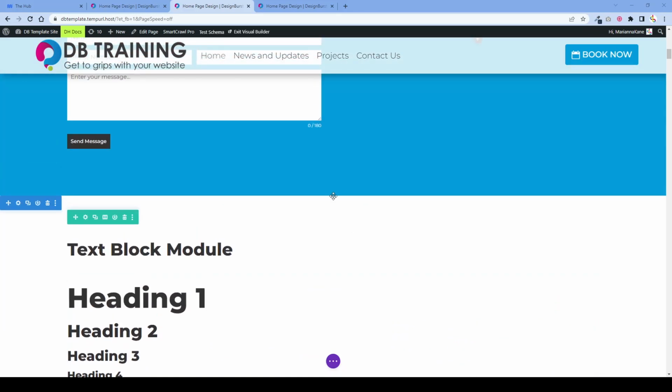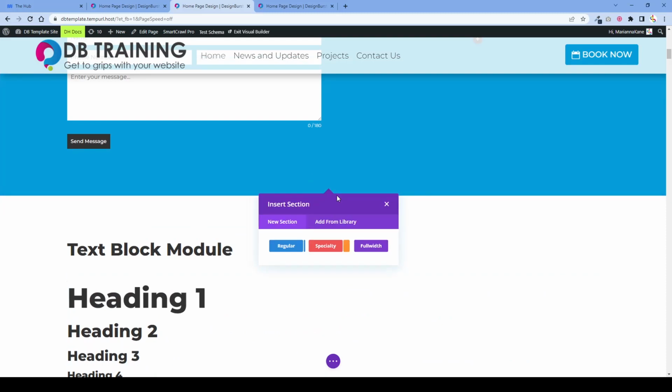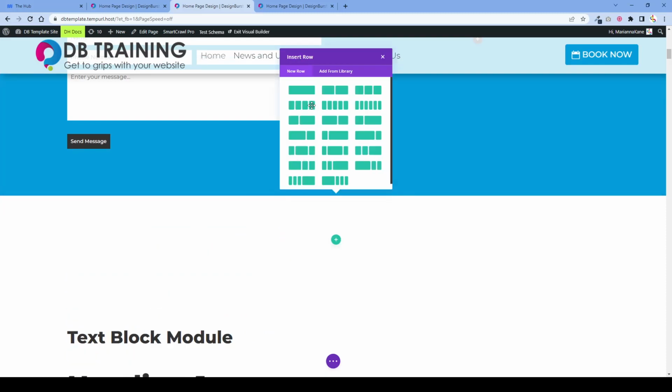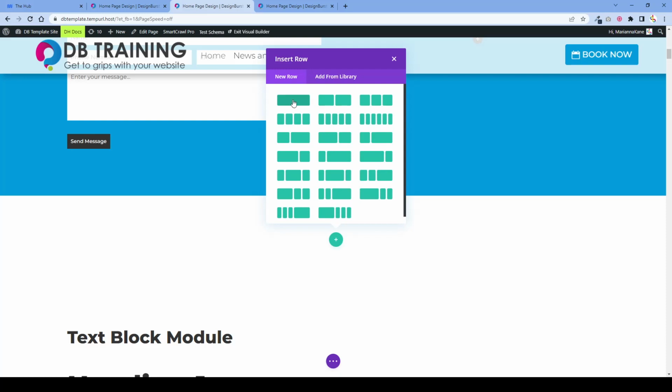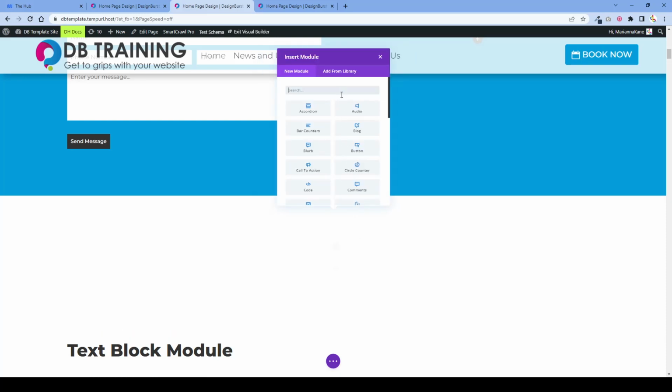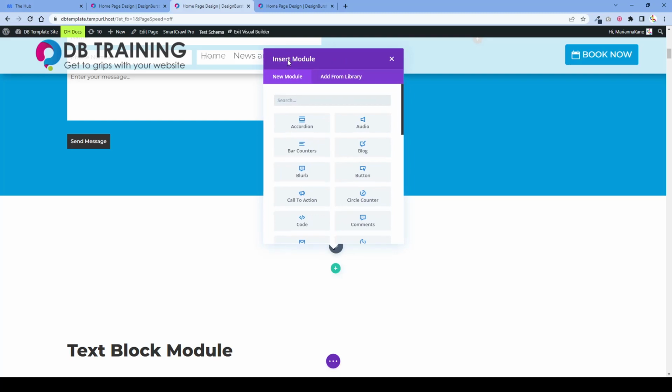So I'm going to just start from scratch and create a new section, a regular section, and just have it as a full width row. When I do that, you can see that it says to insert module, and this will give you a full list of the modules and they're alphabetically organized. So we'll